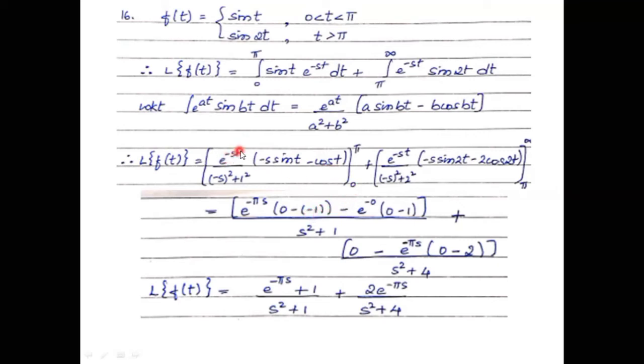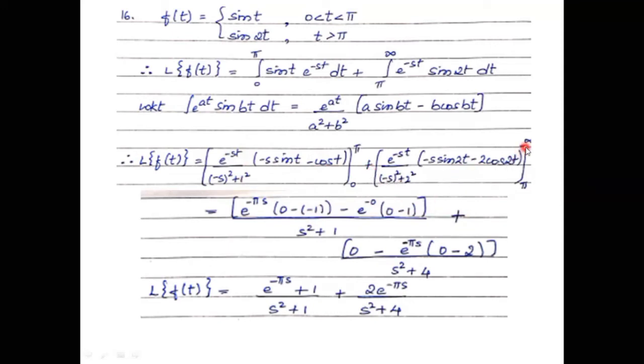E power 0, since in case of t I have written 0, is e power 0 into sine 0, which is 0, minus cos 0 which is 1, whole divided by s square plus 1 square, that is 1, plus,